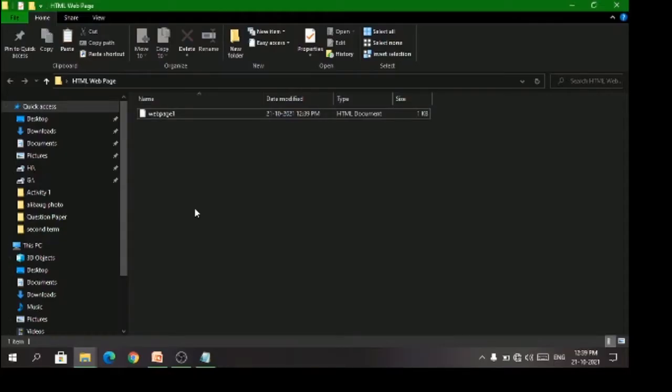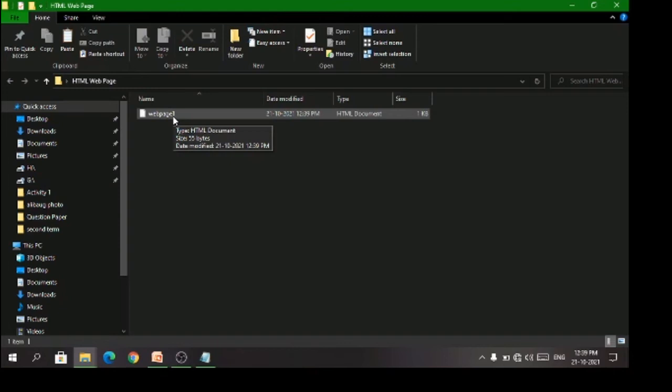Now you can see in the folder a file called web page 1. At the right side where you're seeing type, it is coming as an HTML document. This verifies that this file has been converted into an HTML document, or else I can bring the cursor on top of it and see the type is HTML document.